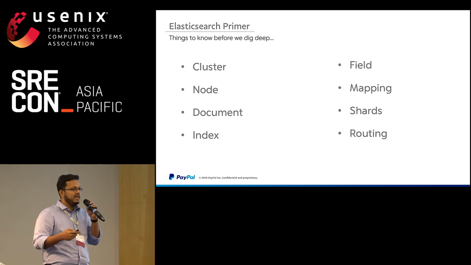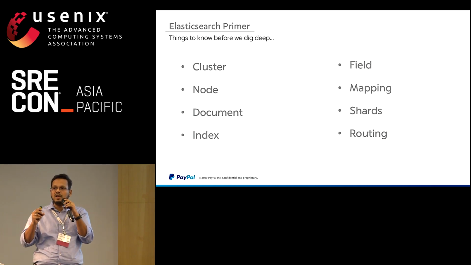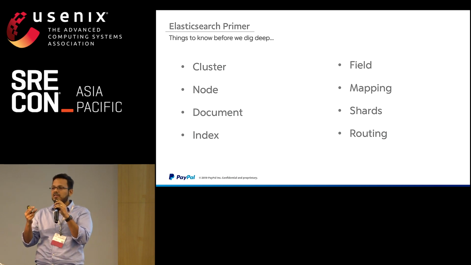Shards, like I said, Elasticsearch distributes data across the cluster. So a shard is the lowest level of storage. Think of this as the lowest level at which Elasticsearch stores its data, in a form that makes blazing fast searches possible.